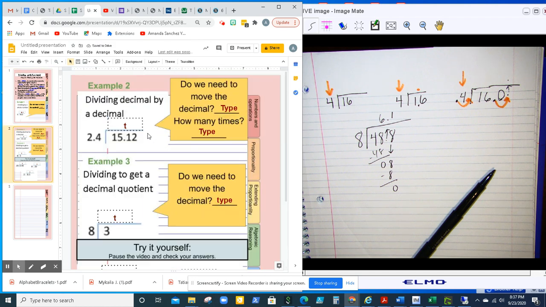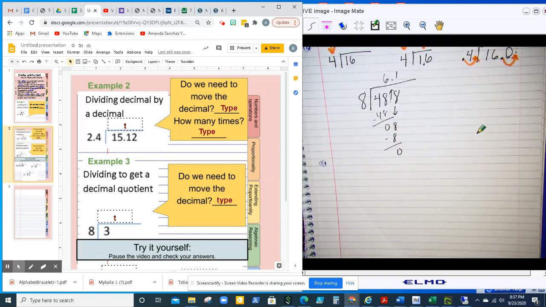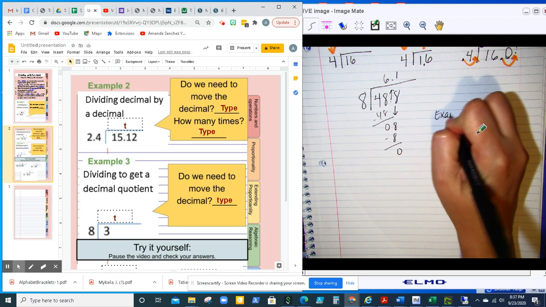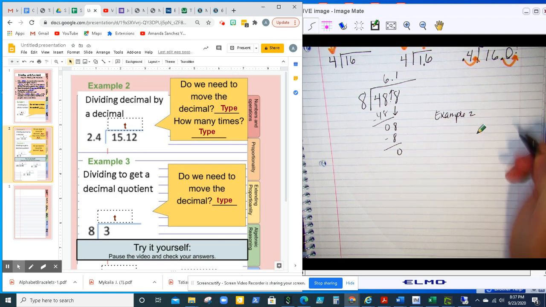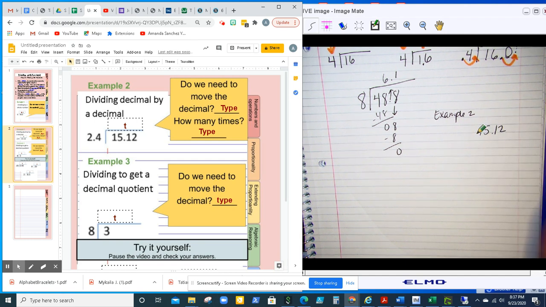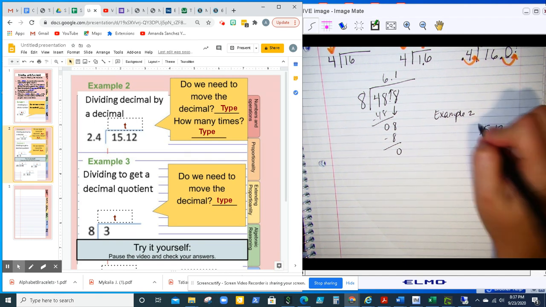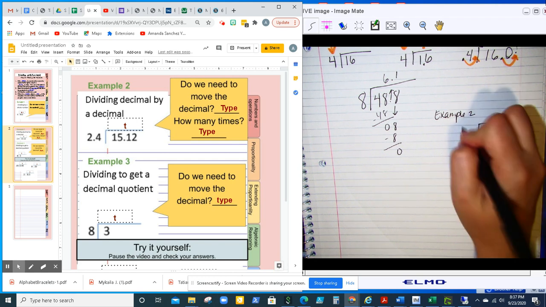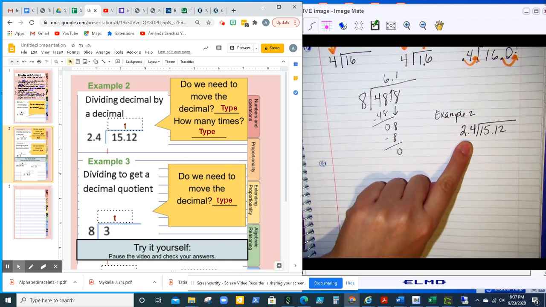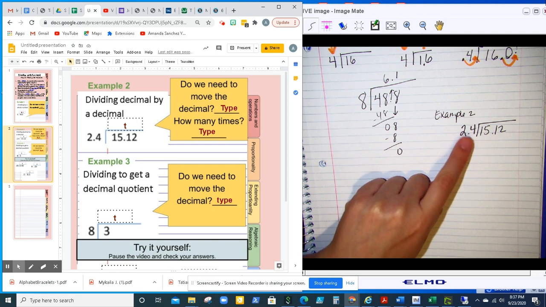Okay, now example number 2. Now we are dividing a decimal by a decimal. So example 2 is 15.12, or 15 and 12 hundredths, divided by 2.4. So remember, you focus on the value outside, which is the divisor. This needs to be a whole number. Since it's not,